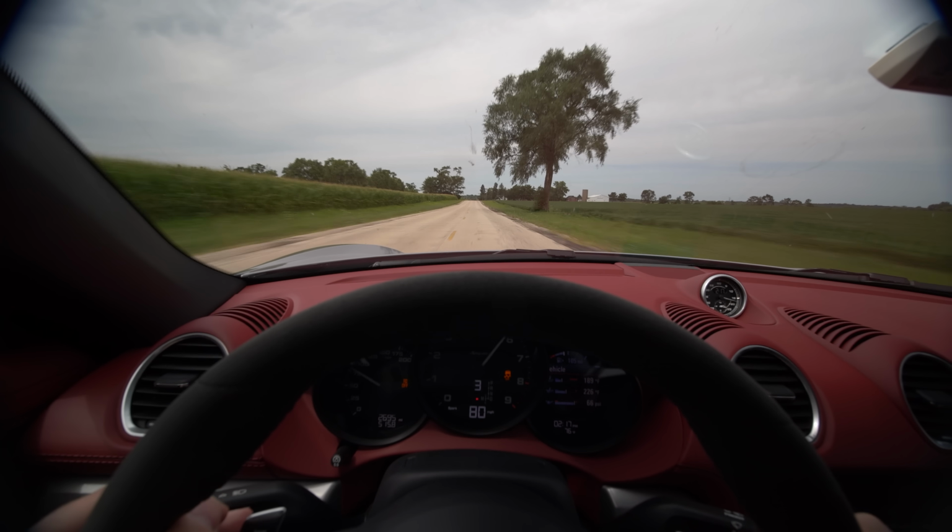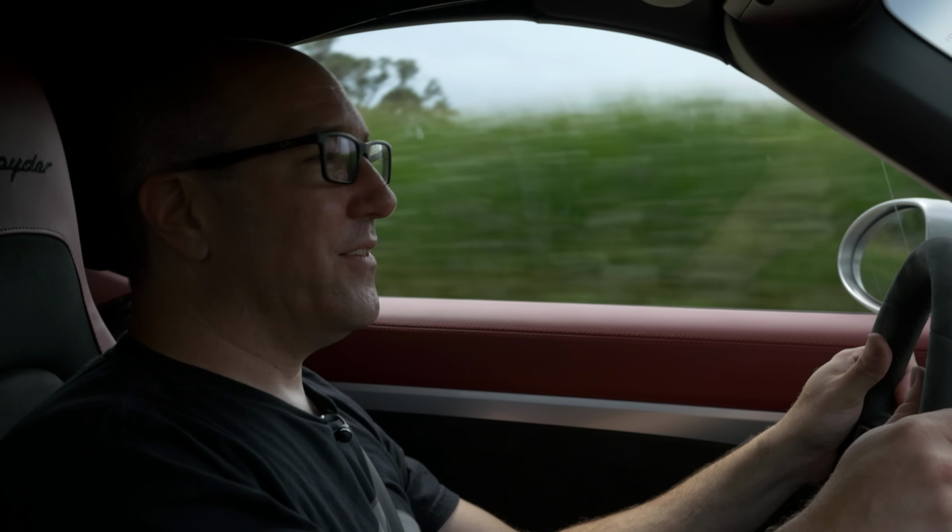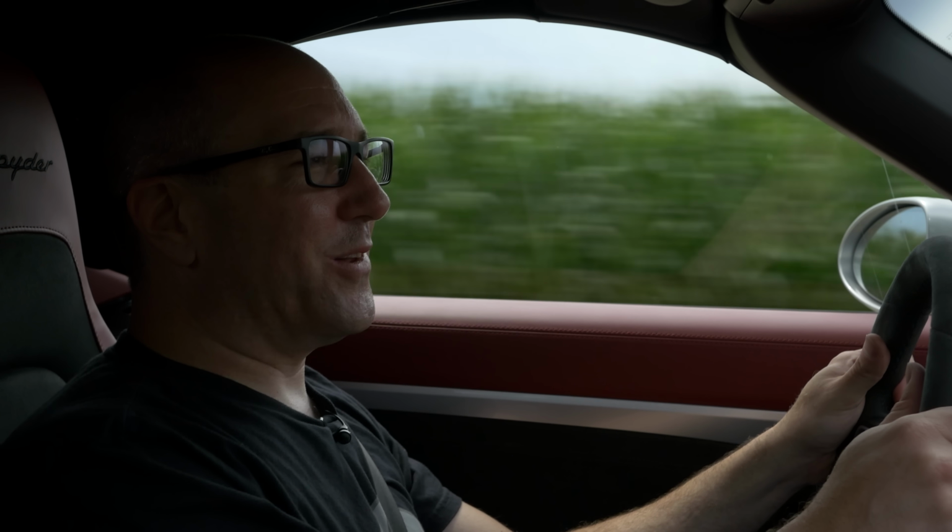God, that sounds good. But it's not so fast like the GT3 where it's manic. It has this manic, like, I'm going to go to jail or crash this thing, not because it's dangerous, just because it's so fast. It is fast. It's still a fast car, but you can still have some fun on the street. And speaking of which, Jack, let's see what it's like around Autobahn Country Club,